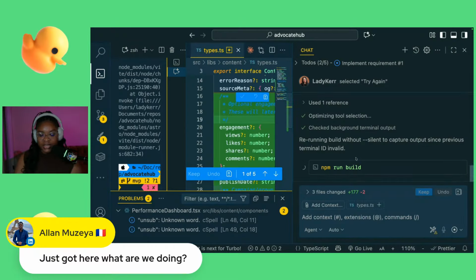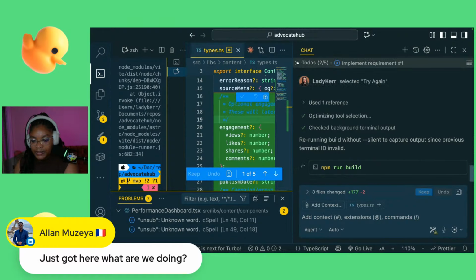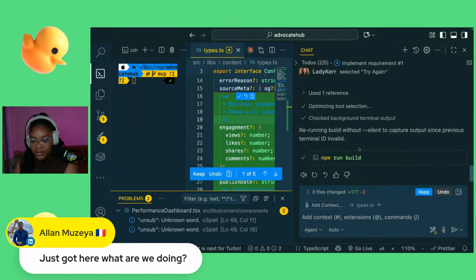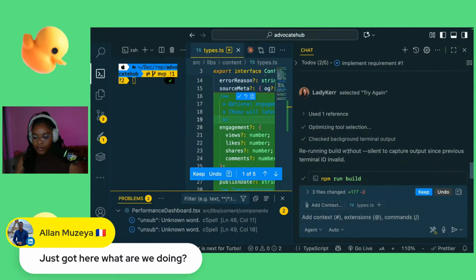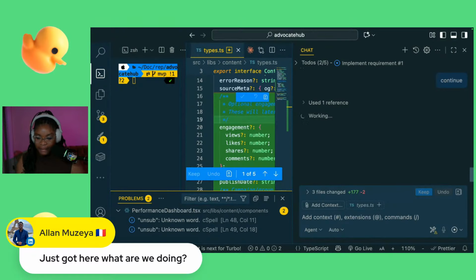But it looks like something's happening here. I'm gonna stop it. Yeah. And then I'll hit continue.